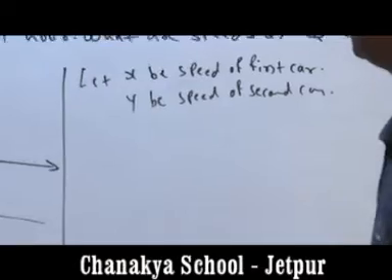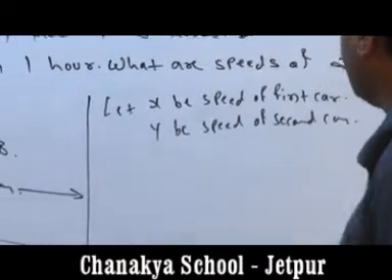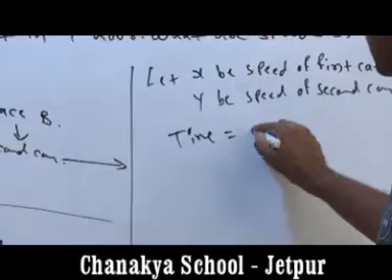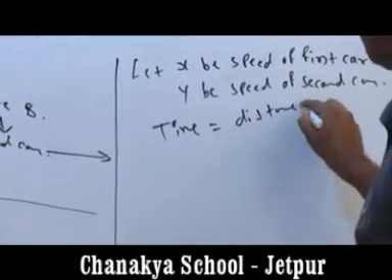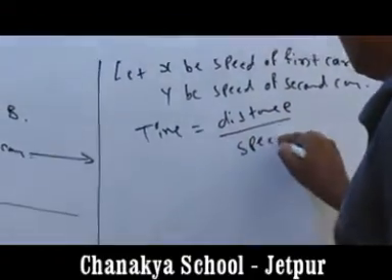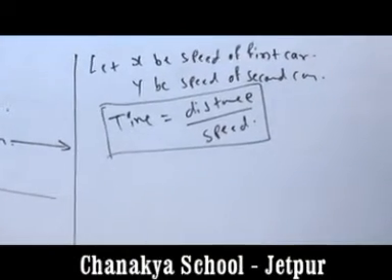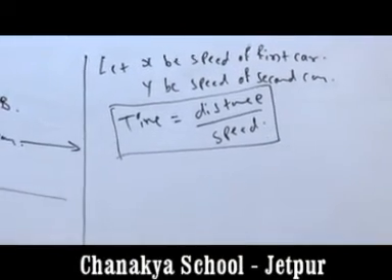Okay, in the first case, that is when they are going to move in the same direction. The formula to find time is distance by speed. We have already discussed this topic: time equals distance by speed. Taking the first case,